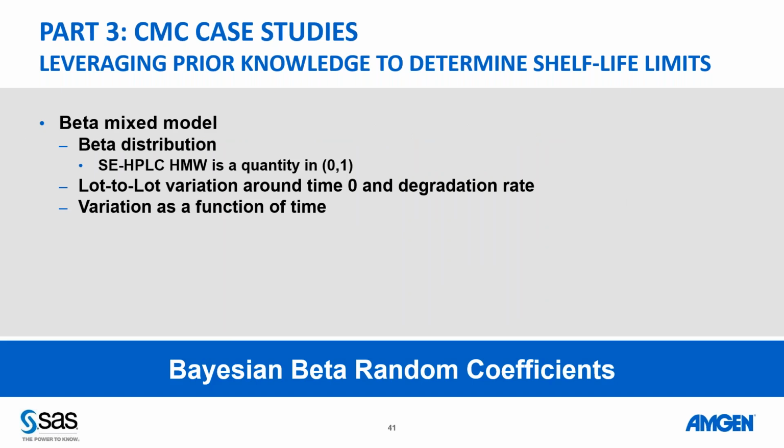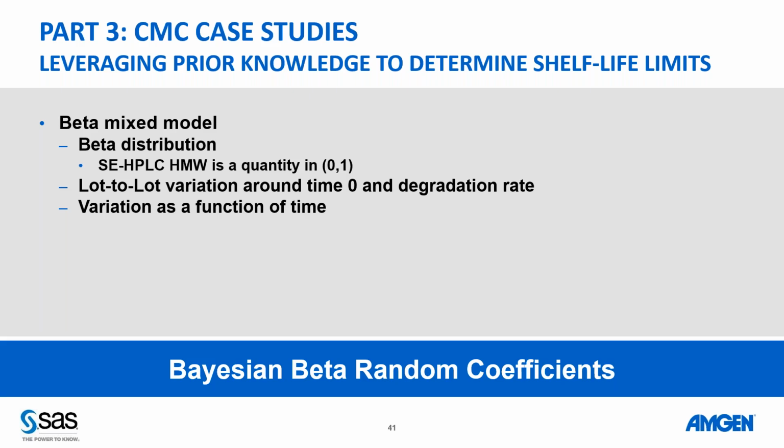We're going to use a beta mixed model. And why are we using a beta mixed model? Well, the high molecular weight is a quantity between 0 and 1. It's an impurity, 0% to 100%. As we have used it in the past for viability, remember when we computed the lower tolerance bound for viability data, that was a quantity between 0 and 1, and that's an appropriate distribution for that. We used that just now. We had a discussion using the beta distribution as a prior for the P parameter in the negative binomial.